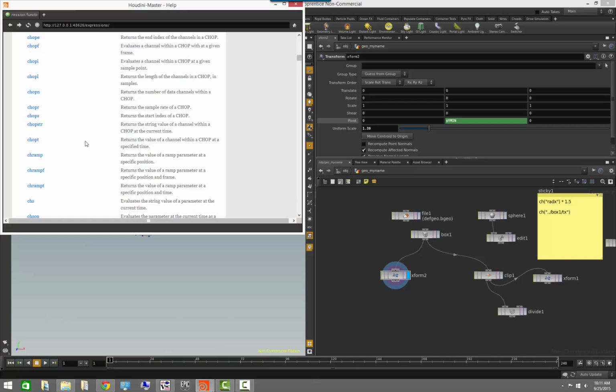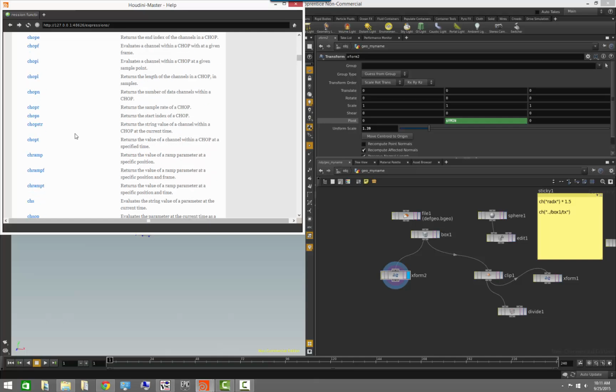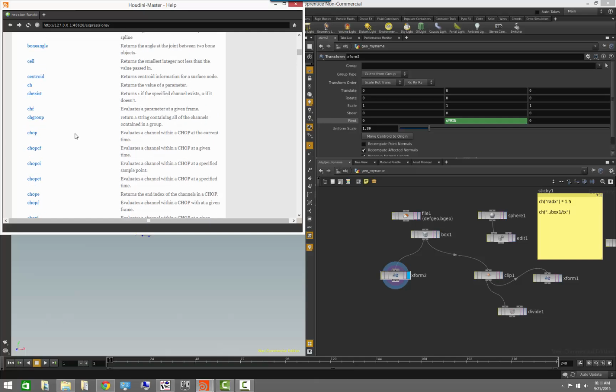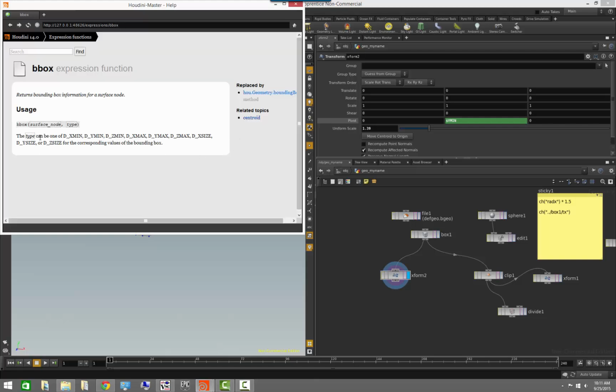Okay, so for example, here, if we look a little bit, you will notice that I have centroid, which is the one that I showed you how to use, with an explanation of how to use it. Okay, and even some related ones that you can look at. So like, for example, the bbox expression, which does something like centroid, would allow you to get the x min, the y min, the z min, the z max, etc., etc. Okay,